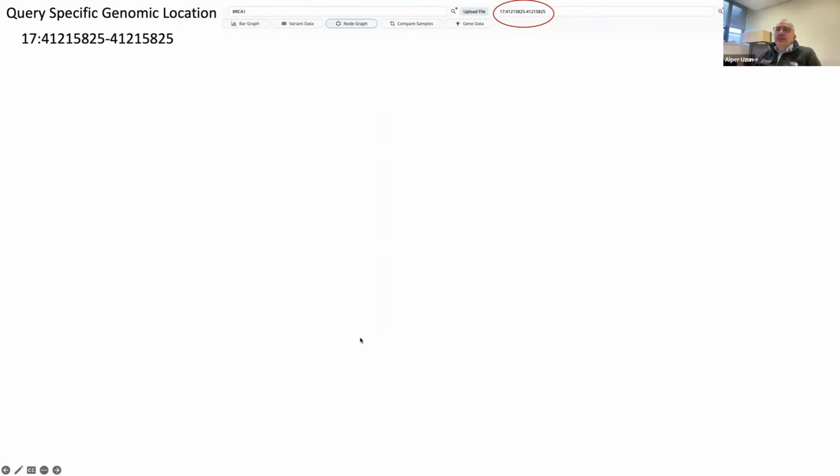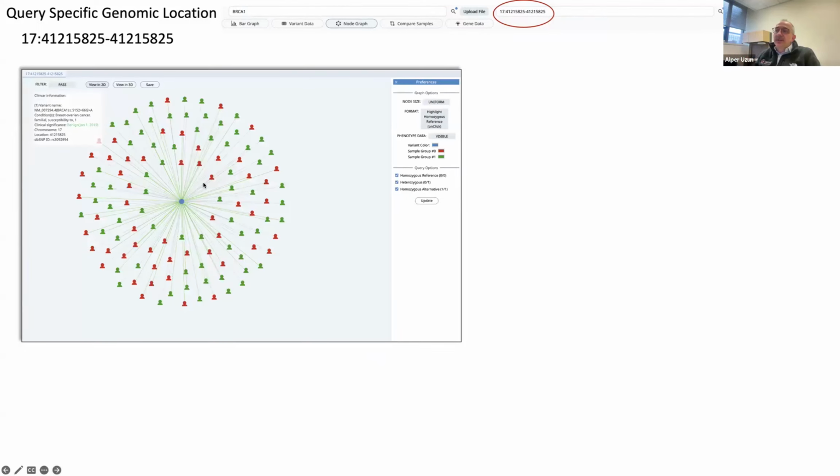And then another question is, what about not the gene, but you are looking for a specific genomic location in chromosome 17? Give me the information. If there is one variant, one variant. If there are more variants, whatever the information, bring me this information. It will bring you this information.